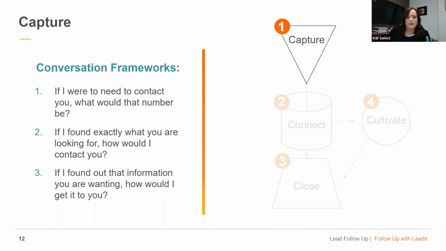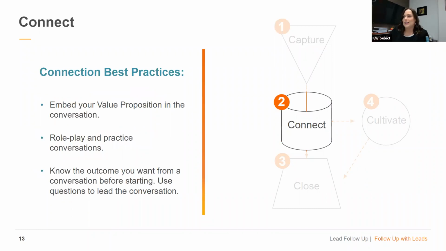Okay. All right, moving into connecting. Connecting is about laying the foundation for that relationship. What's important during this step is to listen to the person, ask good questions, offer solutions if they're presenting any problems, and make sure to keep the focus of the conversation on them. The goal of the communication, in addition to building that relationship, is to determine their urgency.